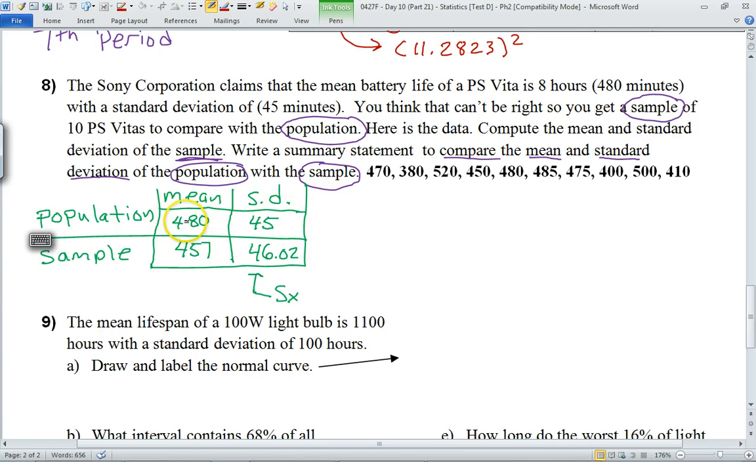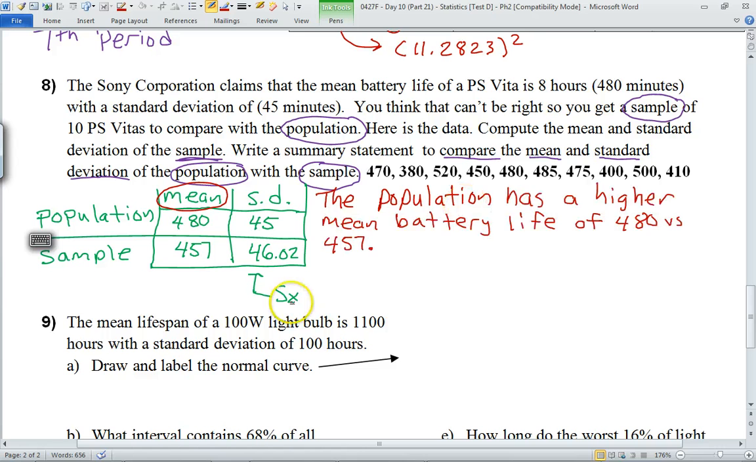Okay, the red sentence is going to be all about the mean. Okay, so let's see, which one had a higher mean? The population. You know what, I'm going to write the sentence off camera. Okay, so far I have the population has a higher mean battery life of 480 versus 457, I should probably